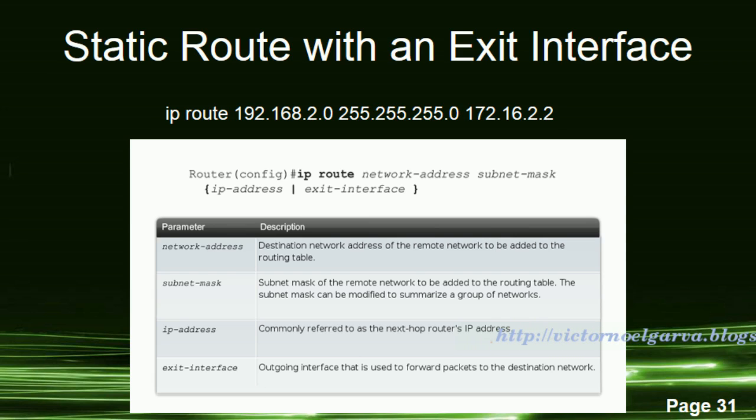Currently, our R1 static route for the 192.168.2.0/24 network is configured with the next hop IP address of 172.16.2.2. In the running configuration, note the following line. ip route 192.168.2.0 255.255.255.0 172.16.2.2. As you will recall from the previous section, this static route requires a second routing table lookup to resolve